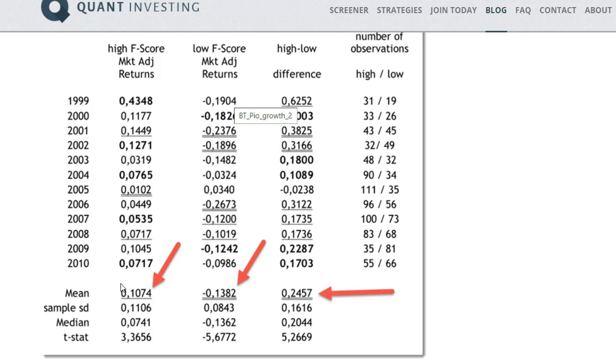And again, if you had chosen to take the high F-scores long and the low F-score short, you would have outperformed the overall market for these 12 years with 24.5%. That is quite amazing. And I know that in the later years, I haven't been able to find some Piotroski tests, but I will try to build it myself in the coming months here over the summer. So what I will do here is that I'll try to backtest it in recent years to see if it is still